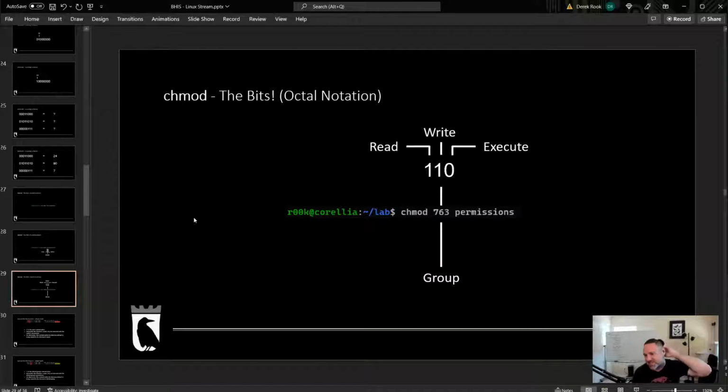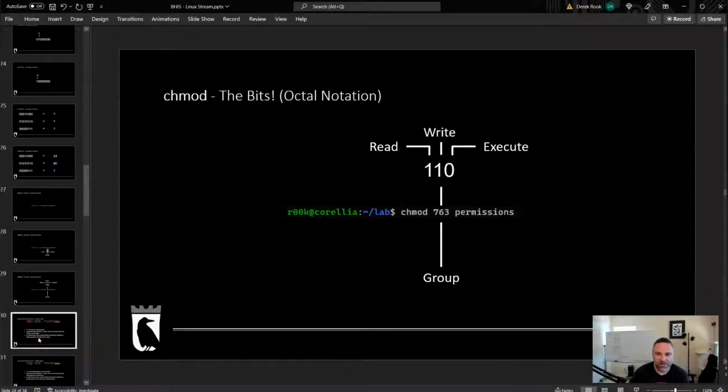So this is the basis of that. Once you understand that it's really just 3 sets of 3 places of binary, and you just know that you go left to right, read, write, execute, the read place is on the left, the write place is in the middle, and execute is on the right. You don't have to memorize anything. You can just rebuild it in your head and say, wait a minute. It might take you a couple seconds, but it's faster than looking it up.